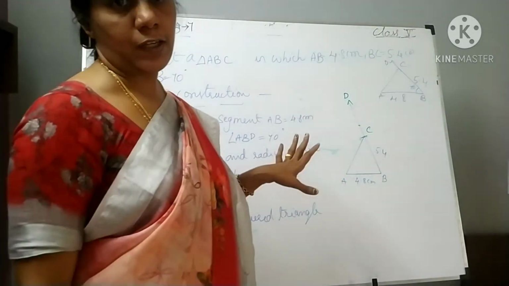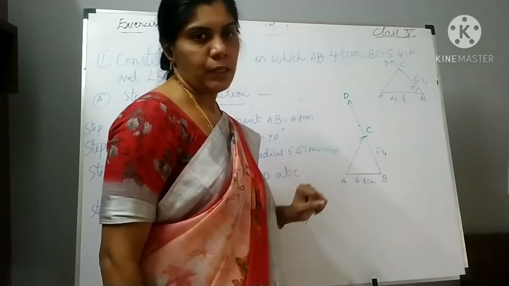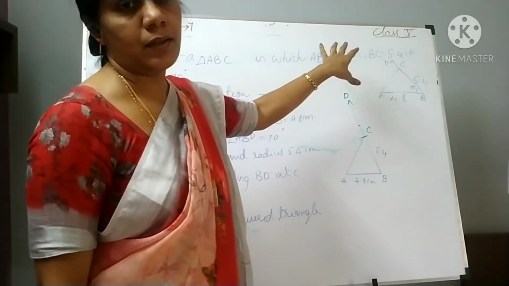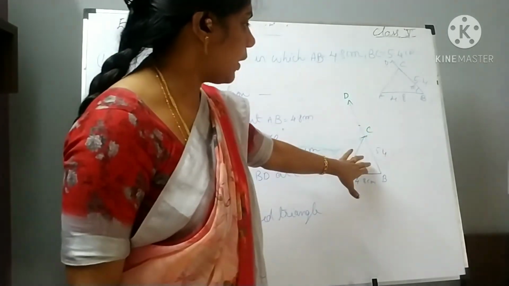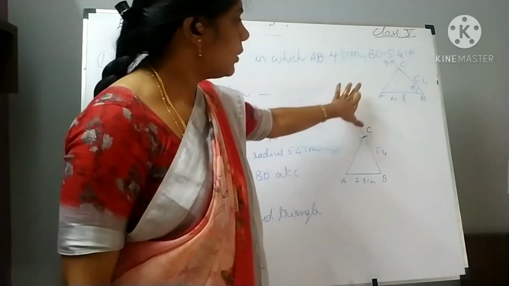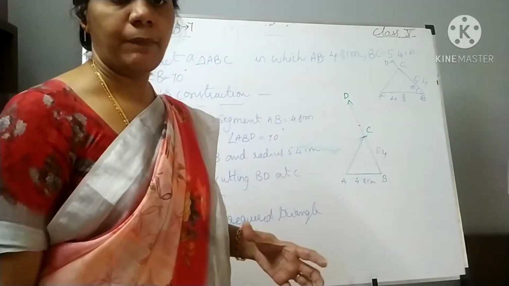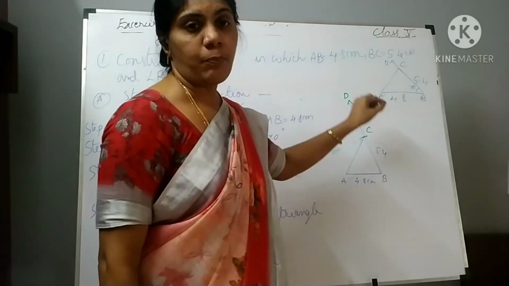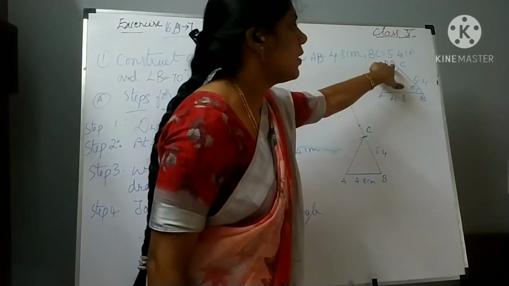Whatever triangle you have to construct, first draw the baseline. After the baseline, check whether they have given sides or angles. If they have given angles, draw the angles first. After drawing that angle, draw a line along that angle. After that, take the given measurement with the compass, place the compass at the particular point and draw an arc. The point where this arc cuts that line is your particular C.